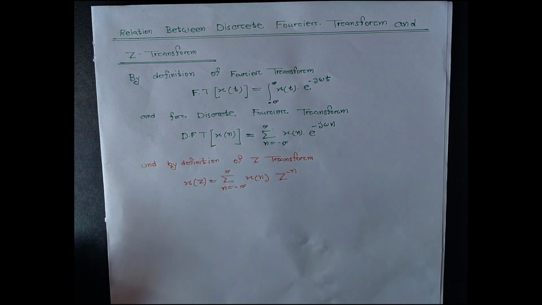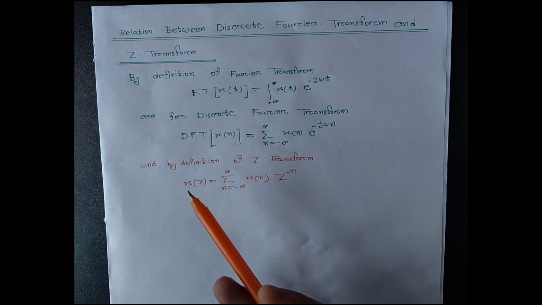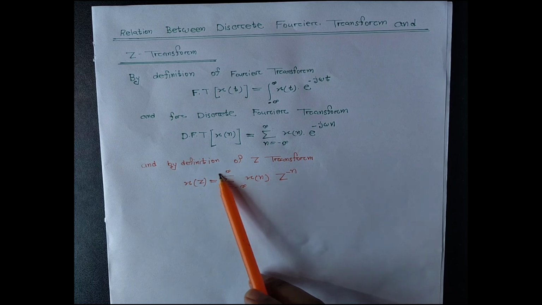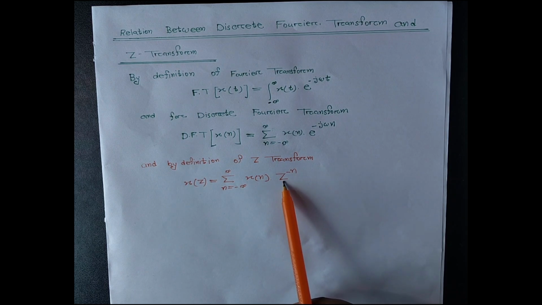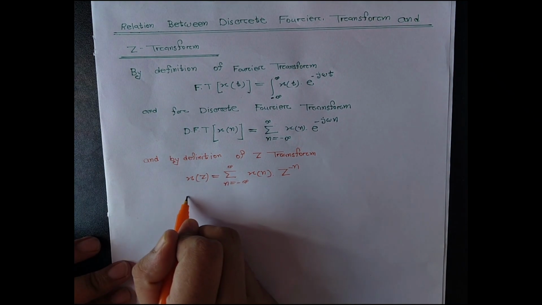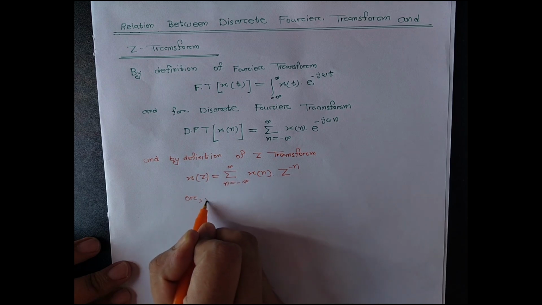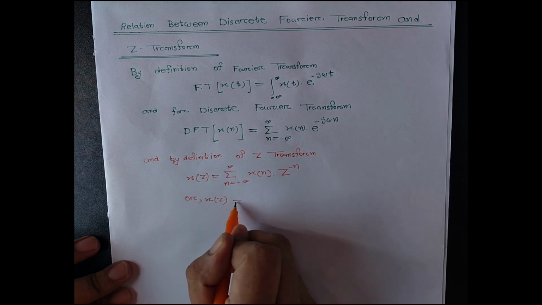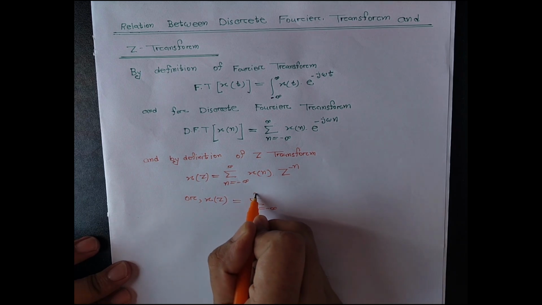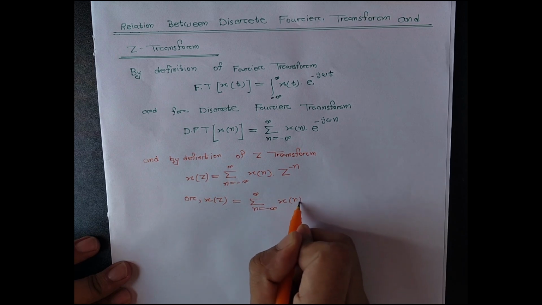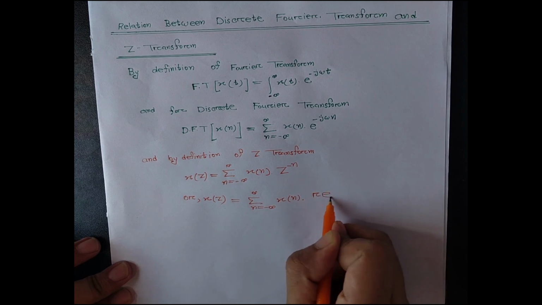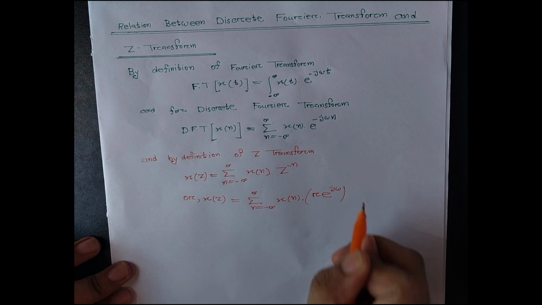And by definition of Z transform, X of z equal to summation of n equal to minus infinity to plus infinity x of n into z to the power minus n. Or X of z equal to summation of n equal to minus infinity to plus infinity x of n into, z means r into e to the power j omega, to the power minus n,